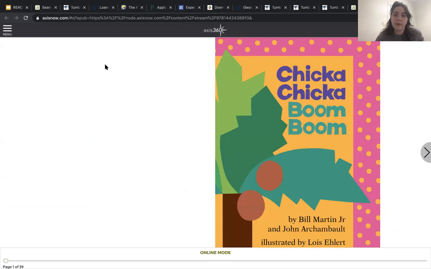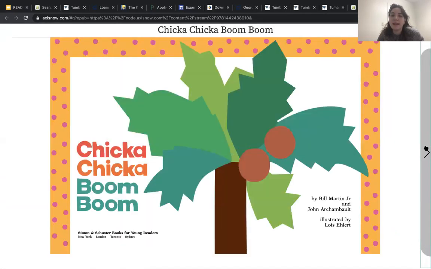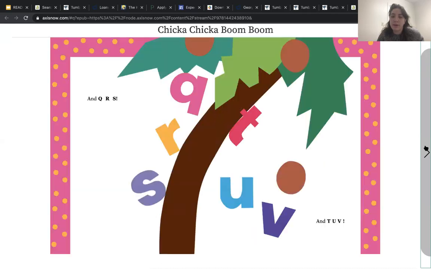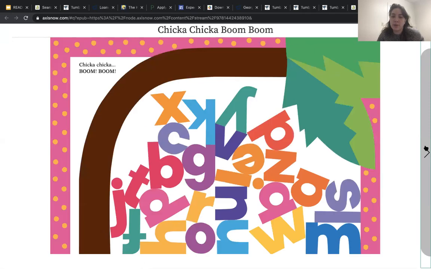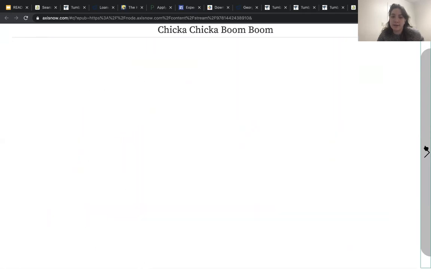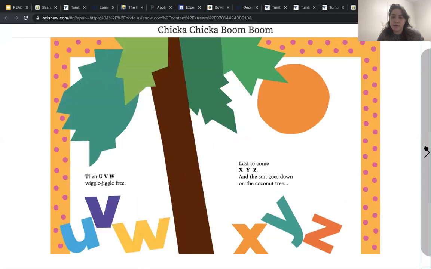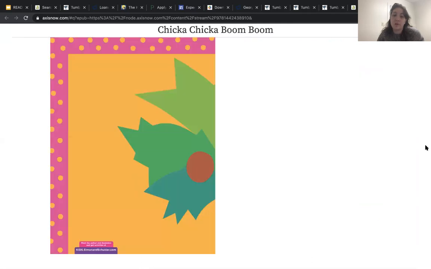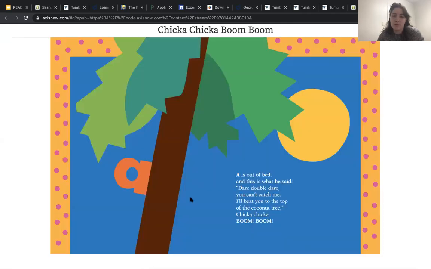This is a book through eRead Kids. Now the thing you want to make sure is you want to flip through with eRead Kids and make sure all the pages have already downloaded, because otherwise it'll kind of start loading in the middle of you reading, and that can be distracting. Okay, so it has all